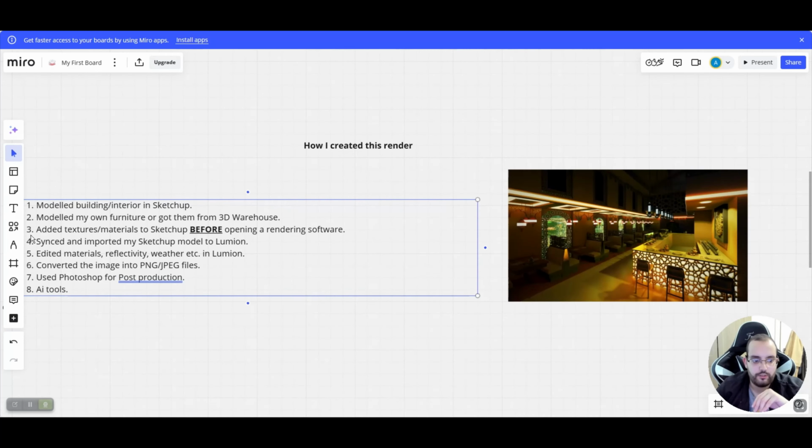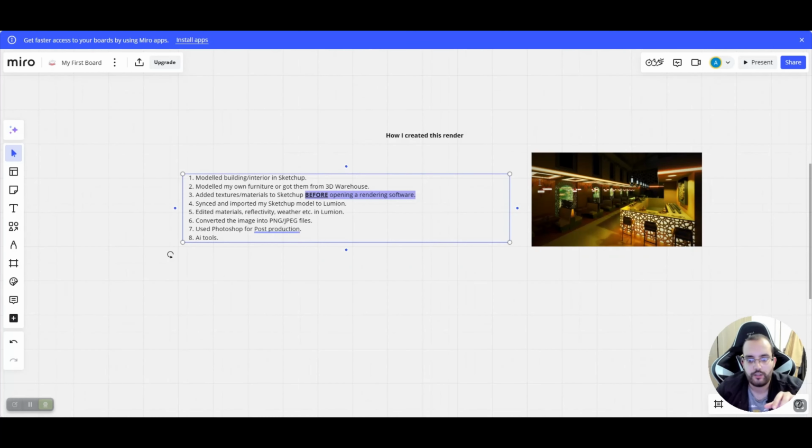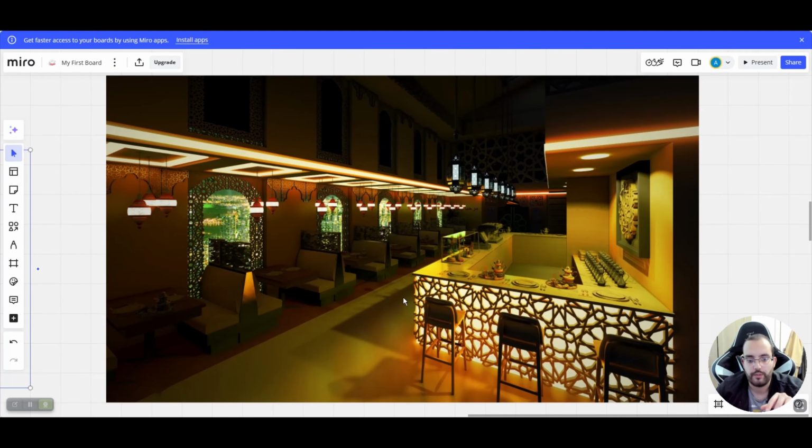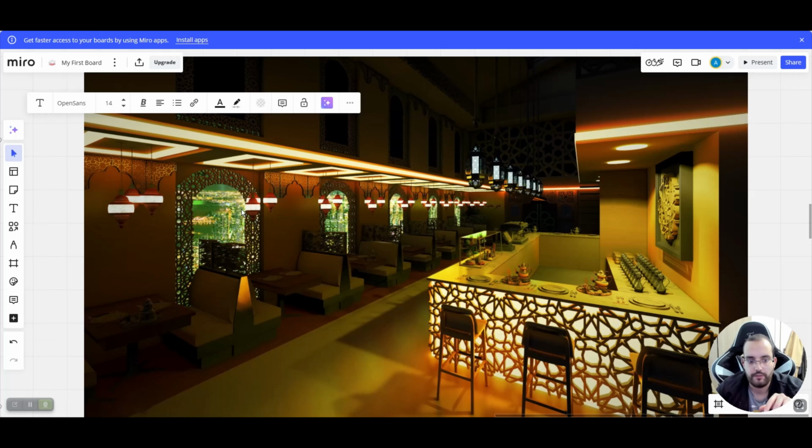Then number three, I added textures and materials to SketchUp before opening a rendering software. In order to make renders, you have to know your materials inside and outside. You have to know it. If you don't know your materials, then what's the point of making renders? You have to know the materials of the floor, ceilings, walls, even the windows, decorations, the desk, lighting,